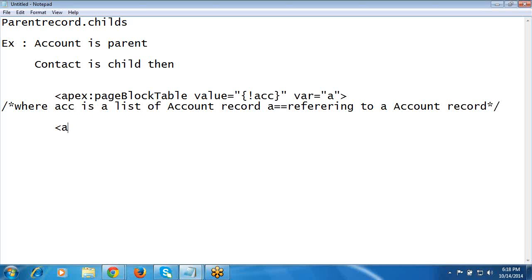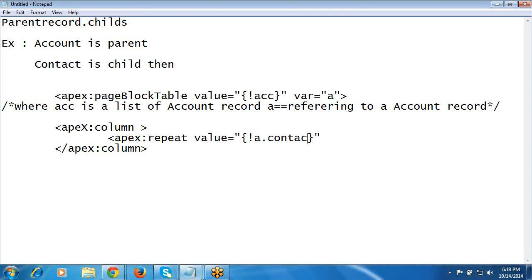In this, I'm taking Apex column. In this column, what we are printing, we are trying to refer to the child records of A. How do you refer? Apex value equal to, every parent record will have a number of childs. So it's A dot contacts. A dot contacts. You can refer with